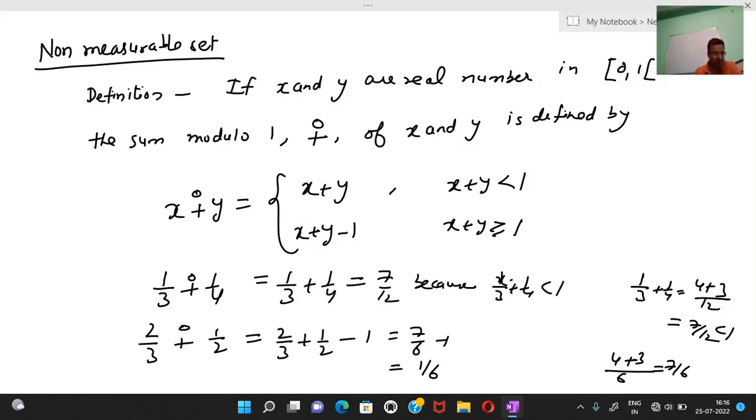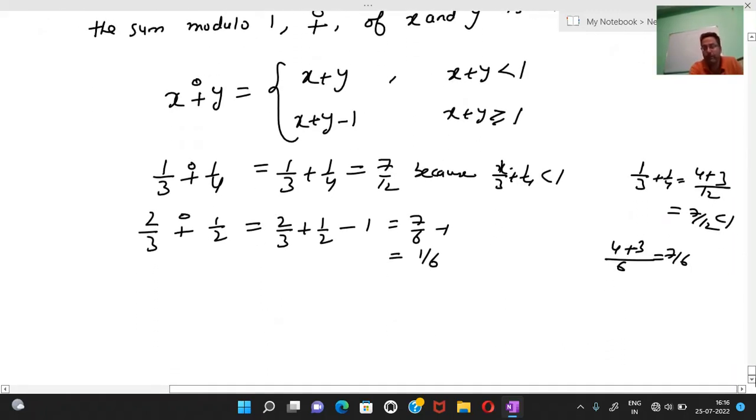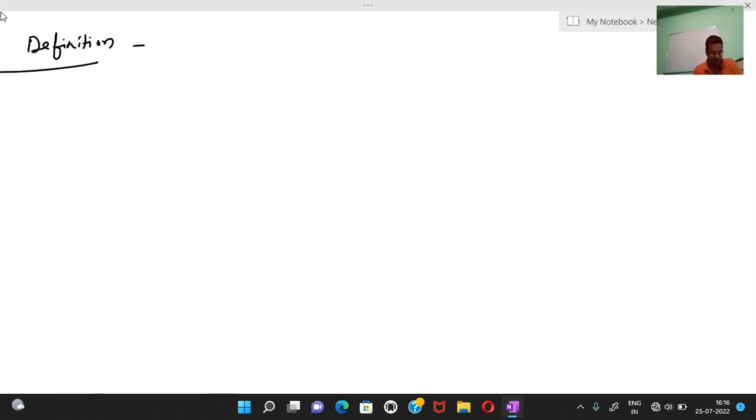Okay, now we take another definition. Definition: if E is a subset of [0, 1), this closed interval from 0 and open interval from 1, then